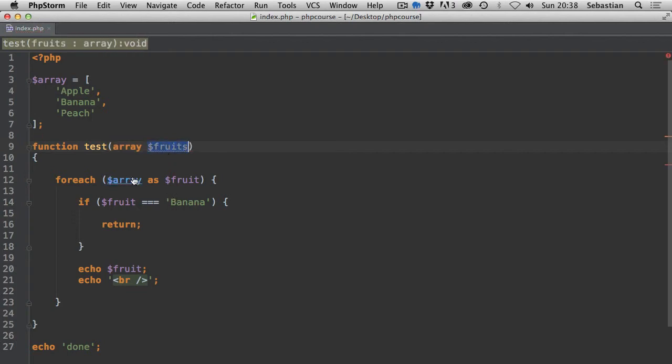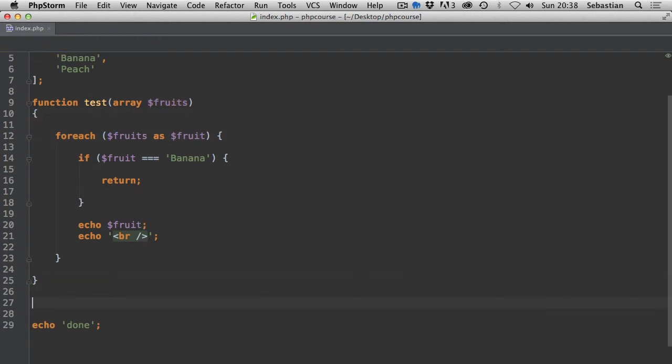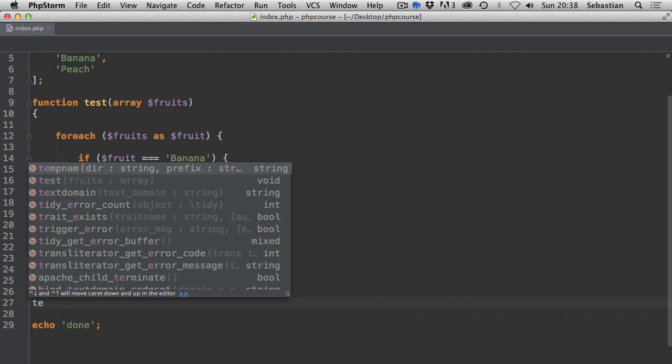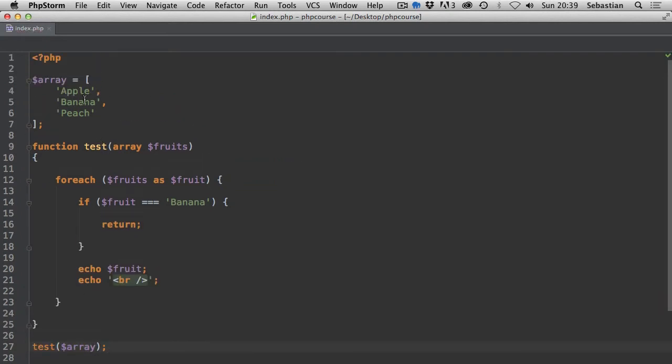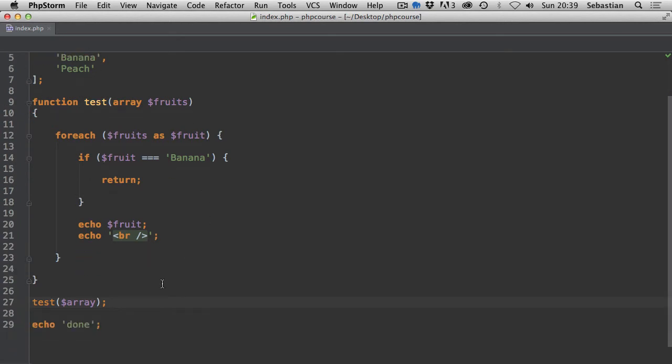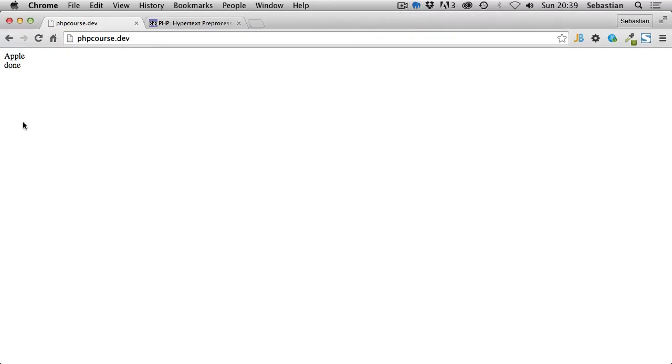And let's rename this array here to fruits, so fruits as fruit. And now we can call this function, so test, and we pass in this array that we've prepared earlier, above this test function. So if we now save it and preview it in the browser, and refresh the page, you can